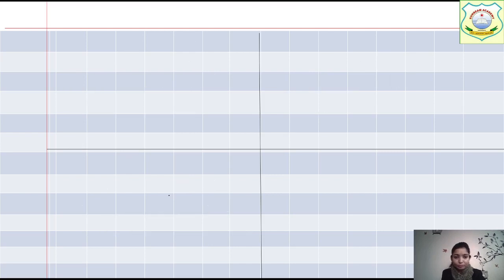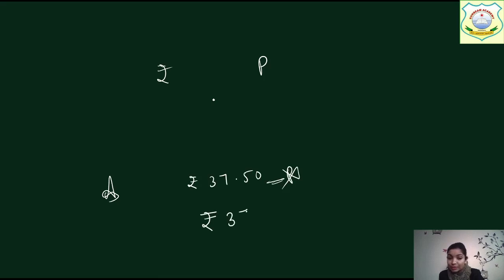Clear? So in the money chapter, 2 things are very important. One is rupees, one is paise. And whenever we are writing the answer, why are we writing rupees 37.50? We are not writing paise here. Why are we not writing paise? Let me tell you. Because we wrote rupees 37.50. 0.50 means, the decimal being placed itself means that those are paise. So that is why we are not writing p. Clear? So for example this is 14 rupees.